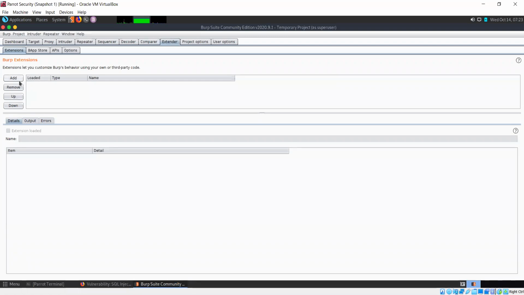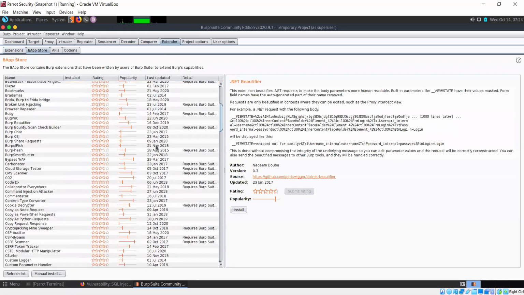Extender is basically like you have add-ons in Firefox. Similarly, Extender adds different extensions to Burp Suite. So you can add other third-party extensions. You can code your own extensions for it, and whatever you want to add, you can do that here. There's also a store for these extensions.